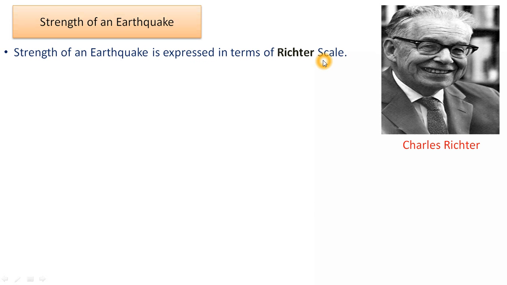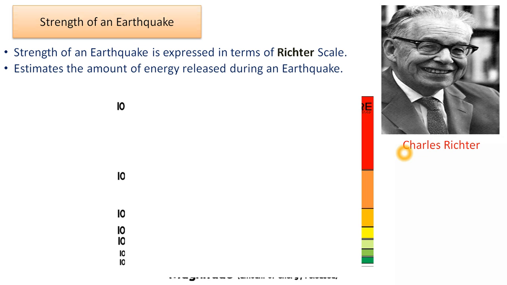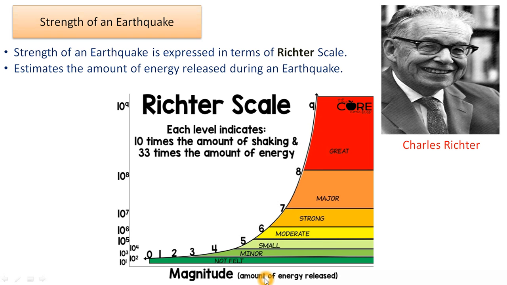The Richter scale was developed somewhere around 1935 by Charles Richter of the California Institute of Technology. He developed the scale where the amplitude of vibrations caused by an earthquake was taken on the y-axis, and on the x-axis was taken the magnitude of earthquakes in terms of the amount of energy released